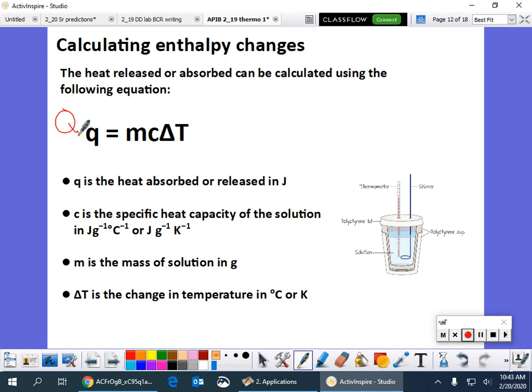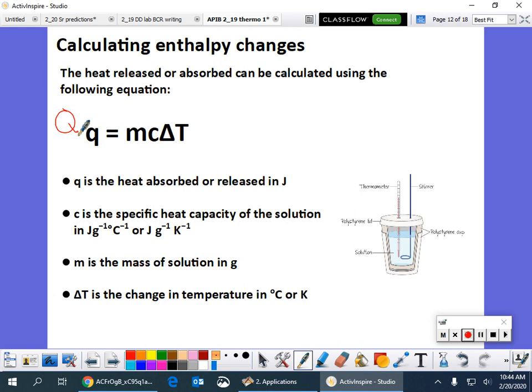Okay, so specific heat is going to be a constant for each different substance. Water is going to have a specific heat. Each metal is going to have a different specific heat, and we might get to test that tomorrow. I haven't 100% decided the format of the lab, but in any case,